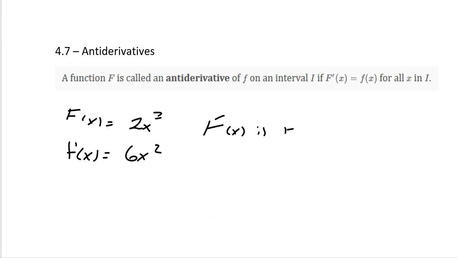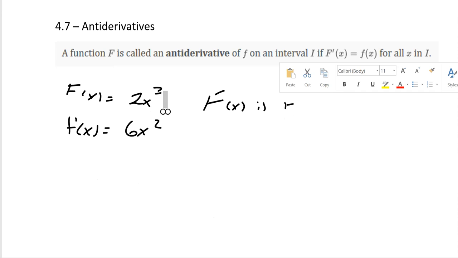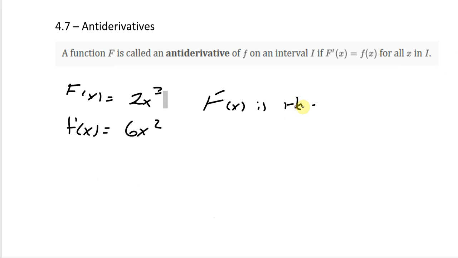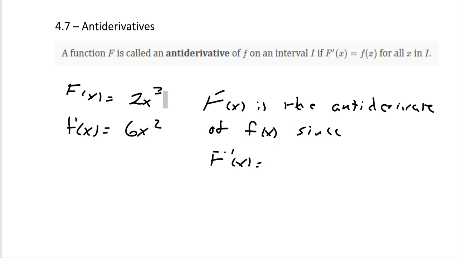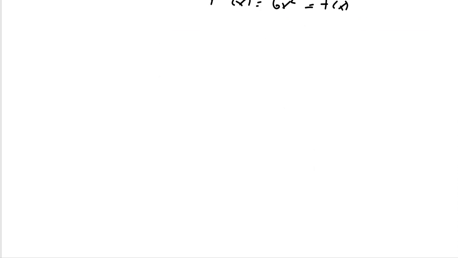F of x is the antiderivative of little f of x, since F prime of x is equal to 6x squared, which happens to equal the lowercase f of x. So that is all it means to be an antiderivative. So let's see if we can find a few. Now, what would the antiderivative